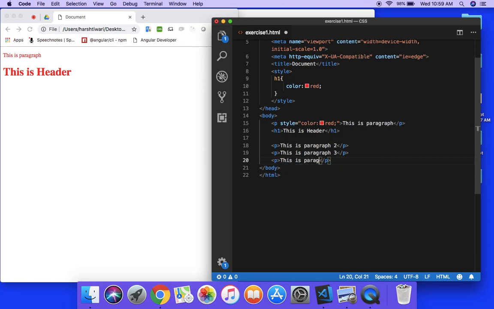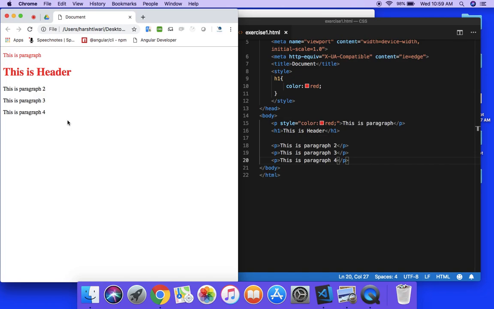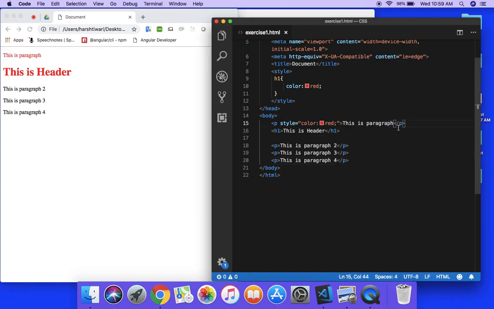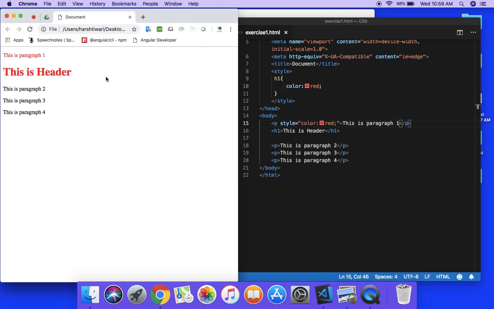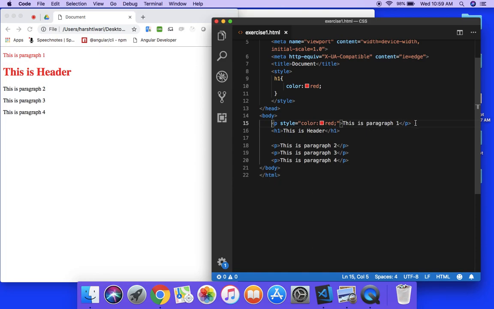This is paragraph 4, like this. So when I'm refreshing, you can see we are getting this is paragraph 2, 3, 4. And let me keep this name 1. So paragraph 1, 2, 3, 4. So for the first paragraph, we have written the color red. And for the rest of all, we have not written any CSS. So we are getting the